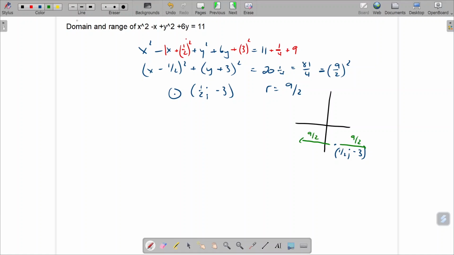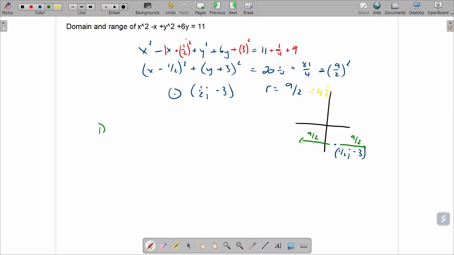Given that 9/2, some of you might prefer that 9/2 is 4.5. So I need the values that are 9/2 to the left of a half. So therefore my domain will be x is greater than or equal to minus 4, and less than or equal to a value that is 4.5 to the right of a half, and that will be 5. In the same way,